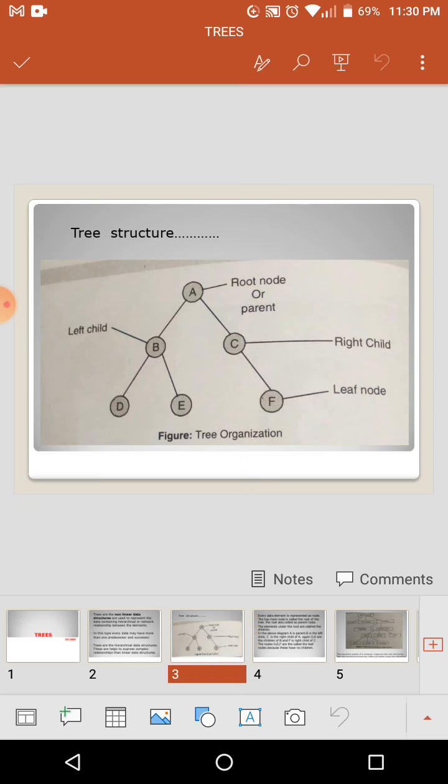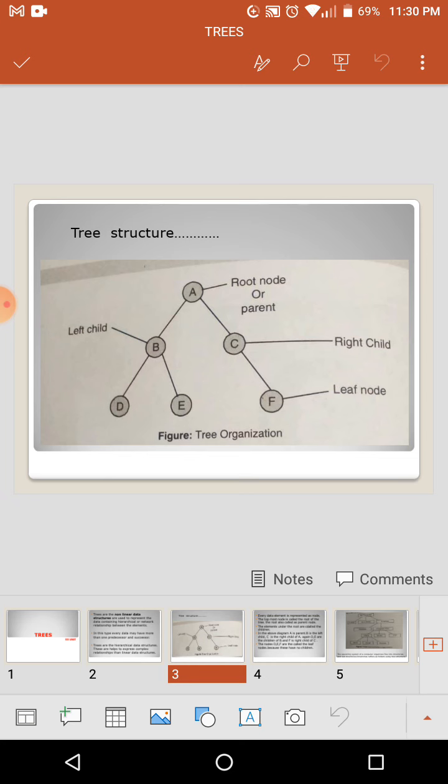See the left child, B is the left child and C is the right child. The left child also has its own tree, a subtree. So we have two children: left child D, right child E. Just like at the right of the root node A is C. C has one child, that is the right child. Every tree is represented just like parent and child. Every child might have its own children. So the data will be represented as parent and child.